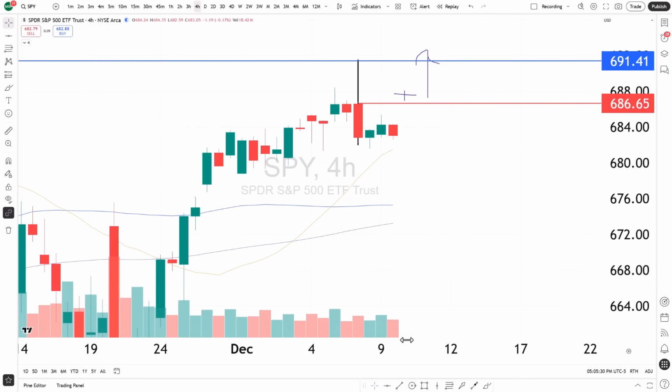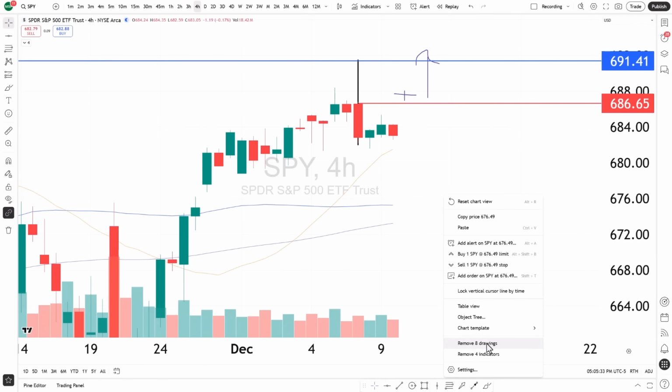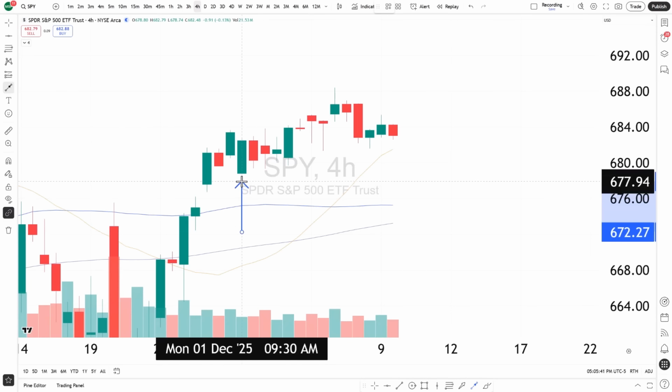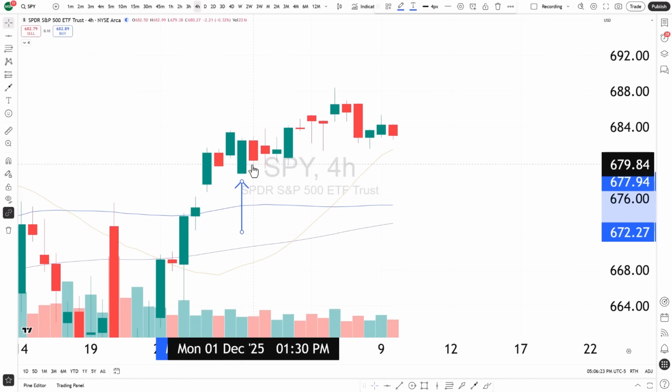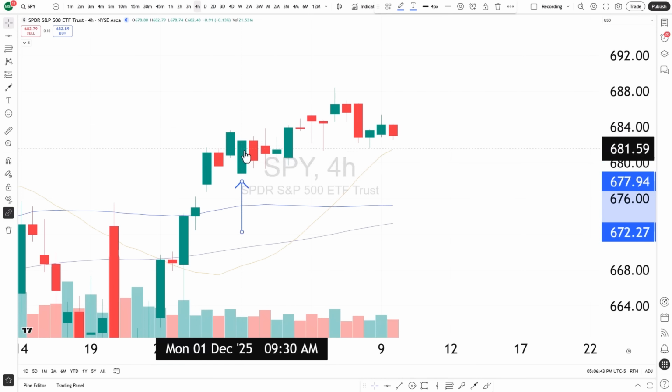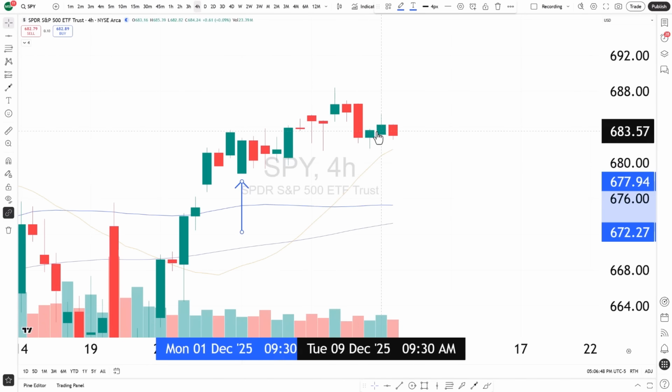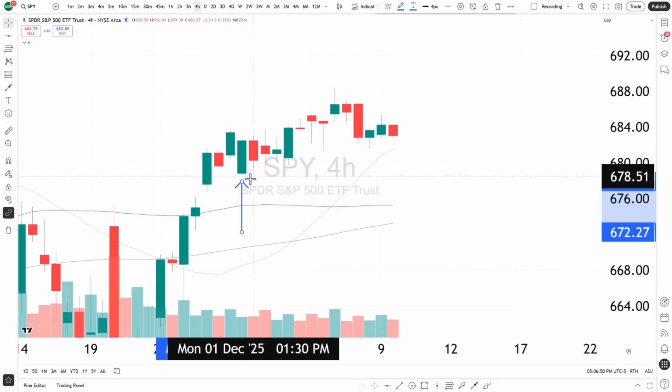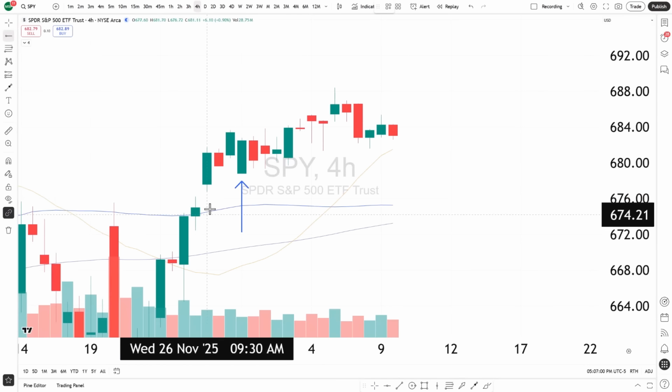Here's a perfect example that happened last week. Let's go ahead and remove this, and we can see this candle right here, a big move up, creating a breakup candle, and then we had some consolidation within this breakup candle. Here we have one candle, two candle, three candle, and remember, we're still on the 4-hour time frame, trading within this candle, creating the inside bar pattern, just like what we have going on right here. The only difference is this is a breakdown candle versus a breakup candle. And then take a look at what happened.